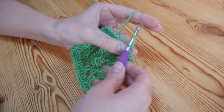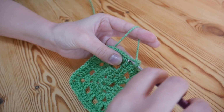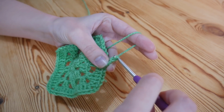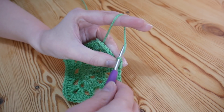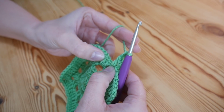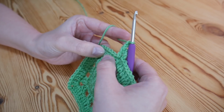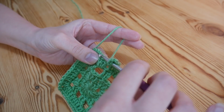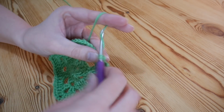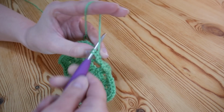So you will always chain 3 and then treble into the top of the next stitch, and that will always create your very first little pane section. And then you will chain 2, skip the next 2 trebles, which are these 2 trebles here, and then you will work into the 2 after that. So you'll skip 2 and then 1 treble into the top of the next 2 stitches,